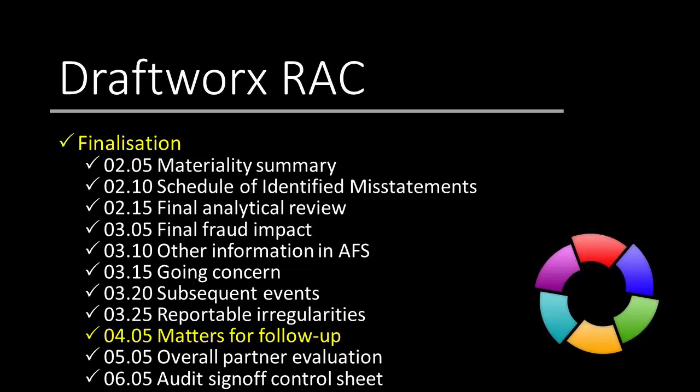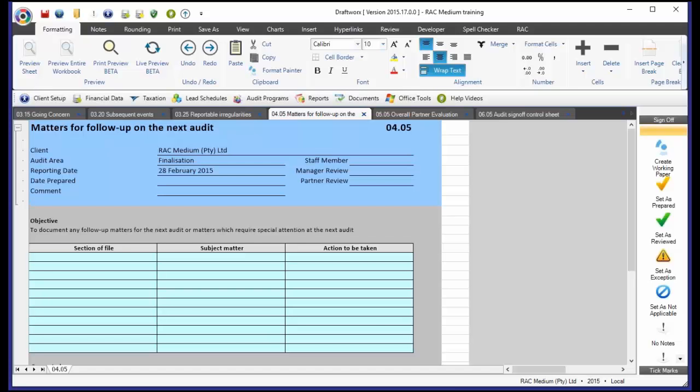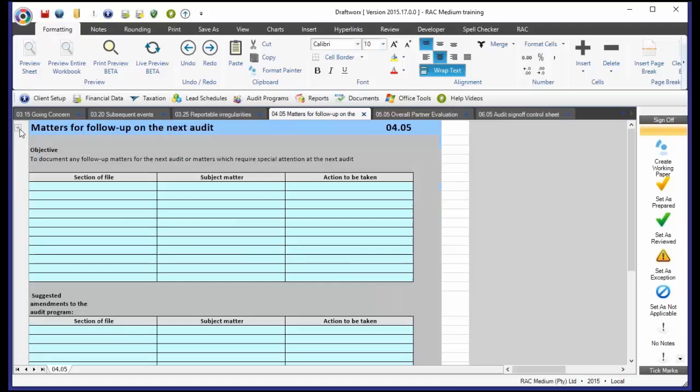0405 is a nice little template to give you a bit of a guide into the following year's audit. And you'll see that all the cells are blue, indicating that this is a roll forward document. The whole point behind this document is that what I complete in 0405 this year will immediately form part of my planning next year. So when I open up my planning documents next year, these comments from this year's file are going to appear there. So what section of the file